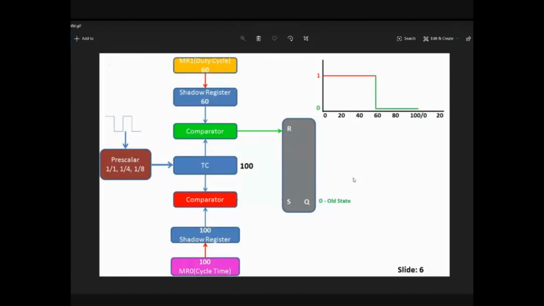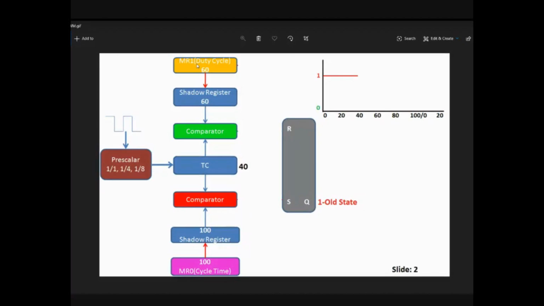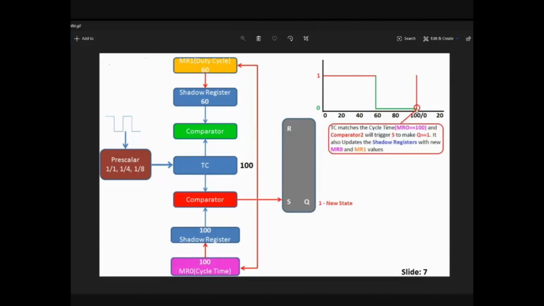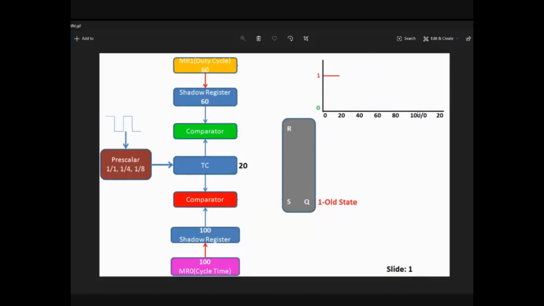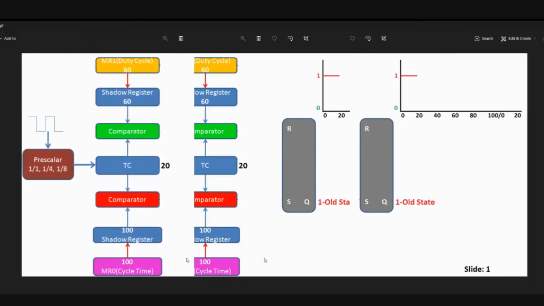Please go through this complete program. Here they have taken MR1, but we are using MR3. The value is 60. Then continuous comparison will be there up to 60. When your comparator value becomes 60, what happens? Your square waveform goes down and the timer counter increases till the MR0 value. Once the timer counter value becomes equal to MR0, both will be equal. Your waveform will once again go high, indicating that the new value has been loaded into your MR0 register.